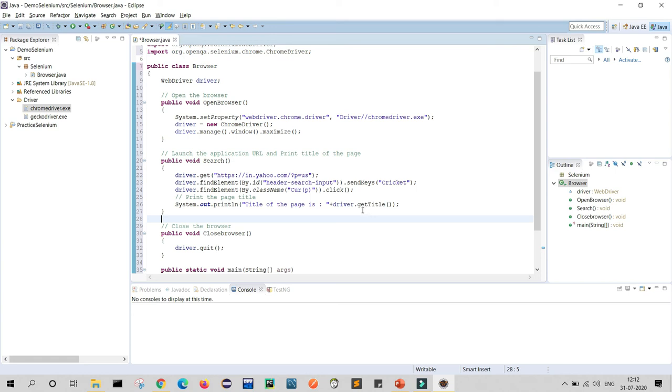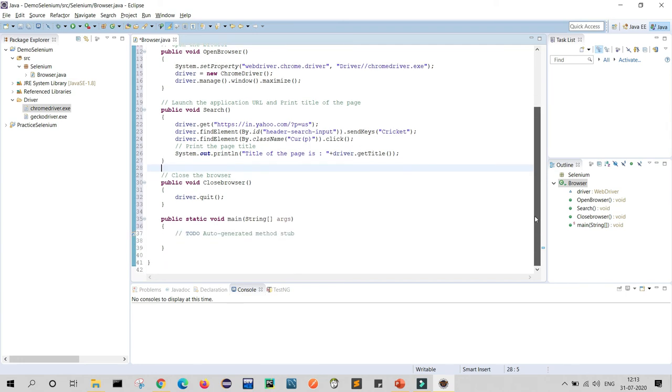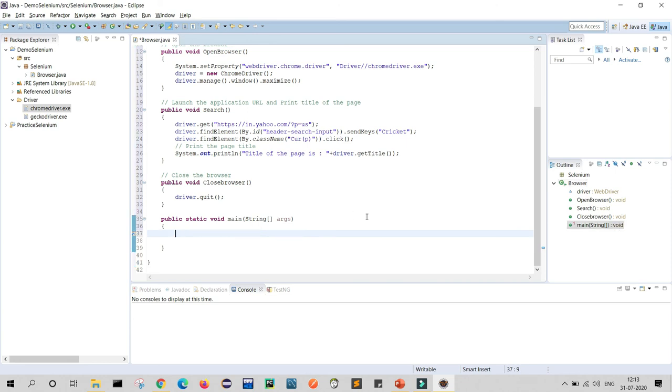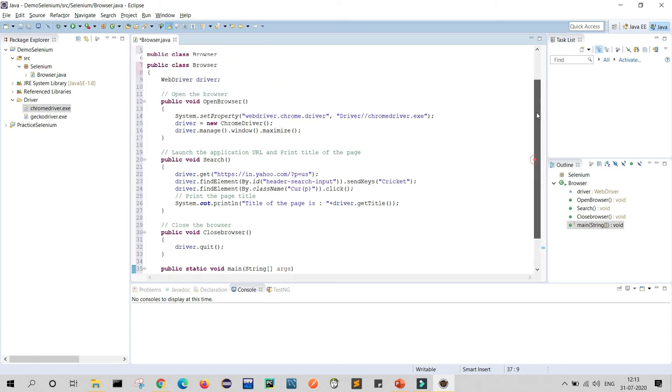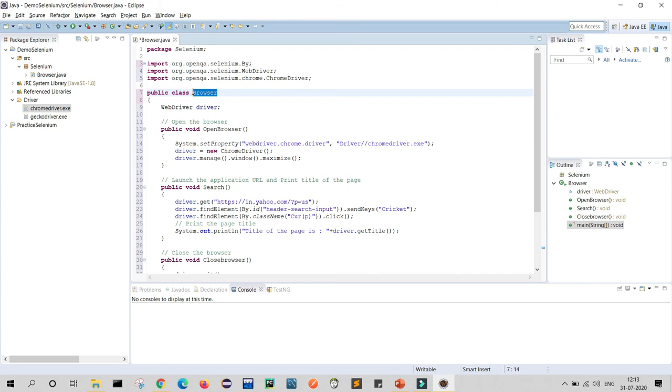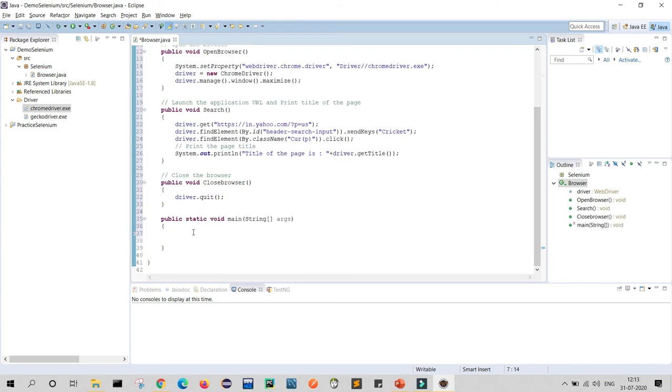Now what will we do? We will define all the methods here. So here, just copy the class name, Browser. This is your class, and we will define the object: browser equals new Browser, and we will use this browser for calling all the methods.